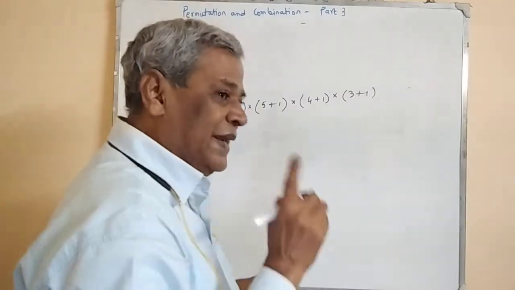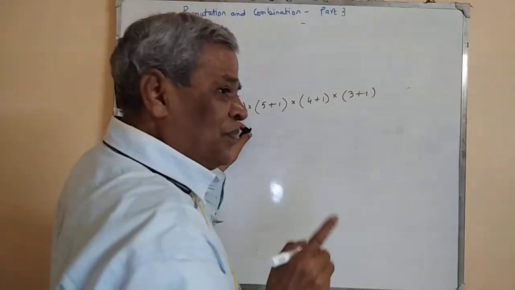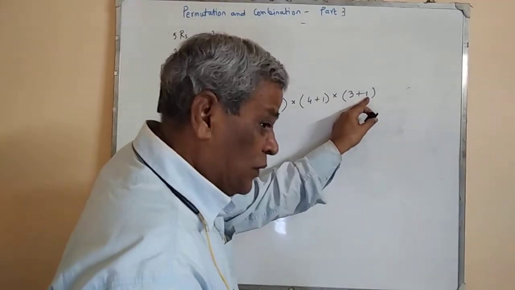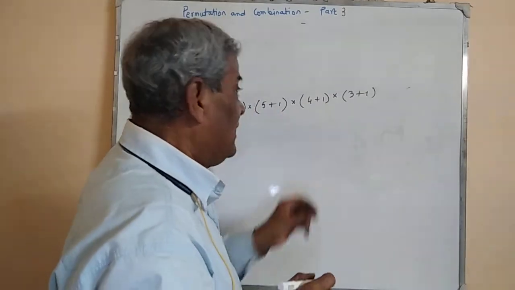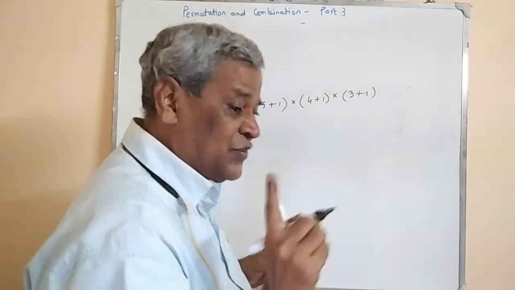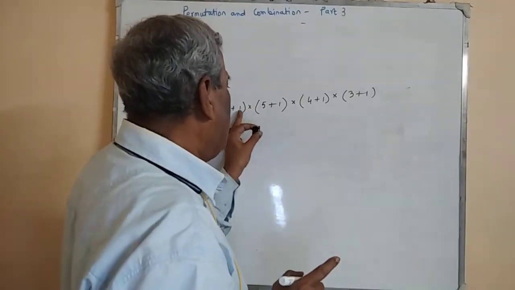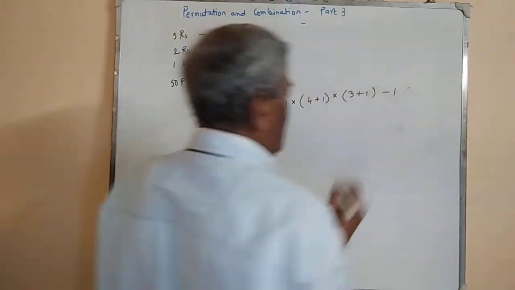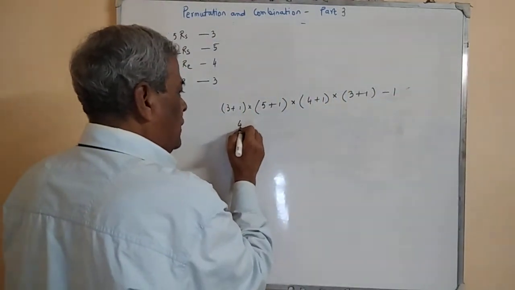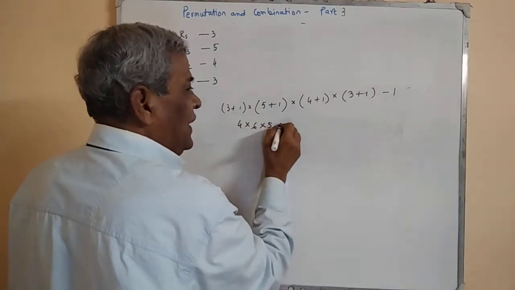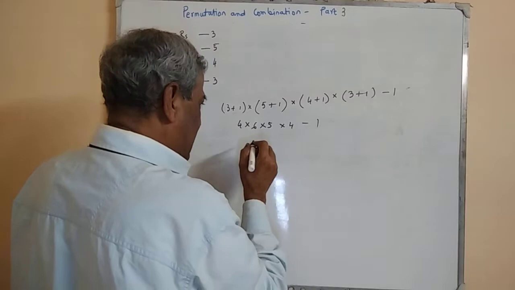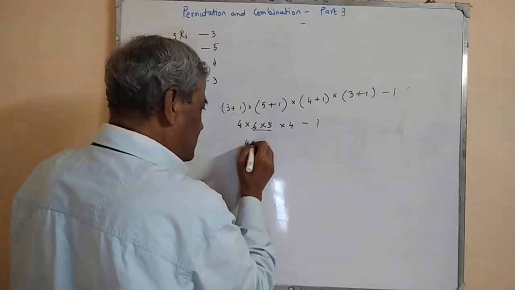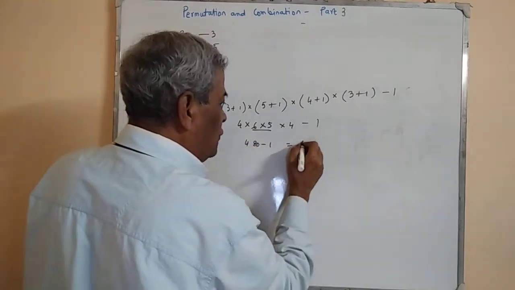But in one extreme case, there is no 5 rupee coin, no 2 rupee coin, no 1 rupee coin, no 50 paisa coin. In this extreme case, no help is there. So the total number of ways of help is this, and it is the answer. That is 4 into 6 into 5 into 4 minus 1. That is 480 minus 1, equal to 479.